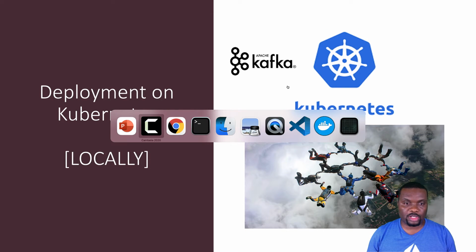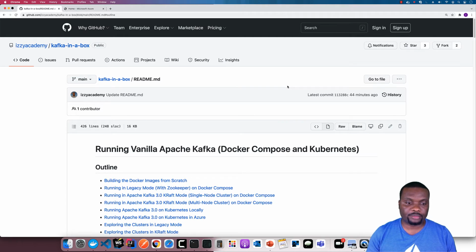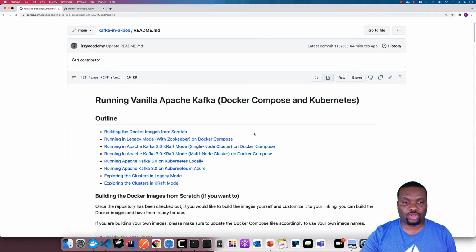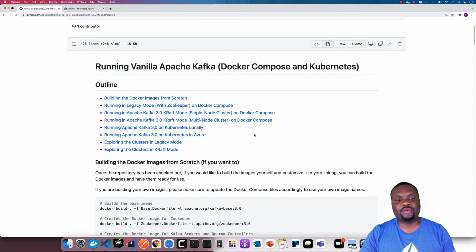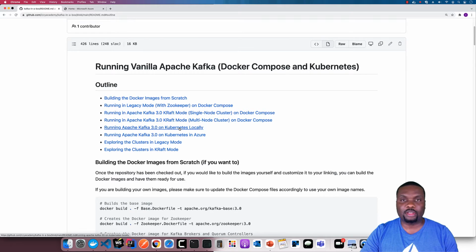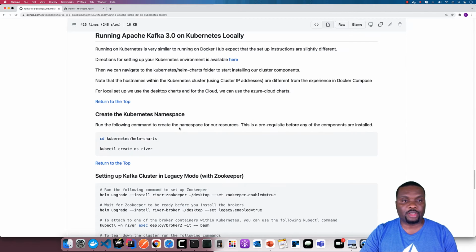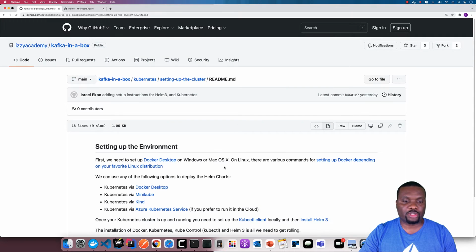So I'm going to switch now and go to the URL. If you head out to this URL, all the steps that you need are available in this outline. The ones we're going to focus on are how we're doing it locally on our desktop. So if you have not set up your local environment yet, you can head out to this page, and this